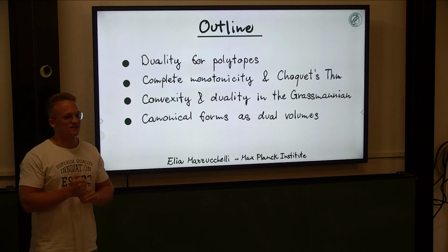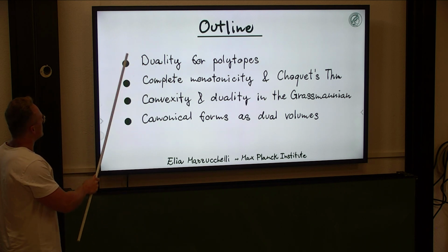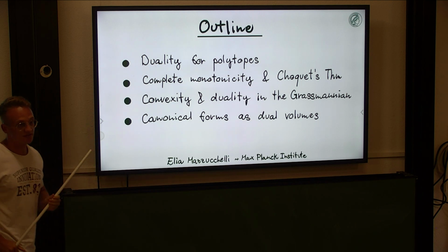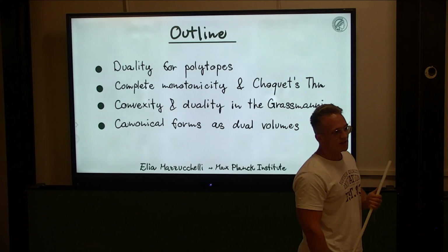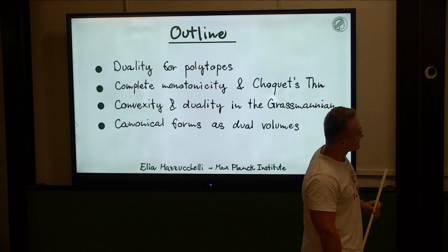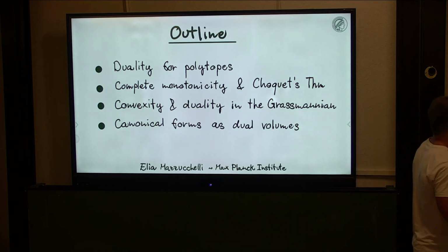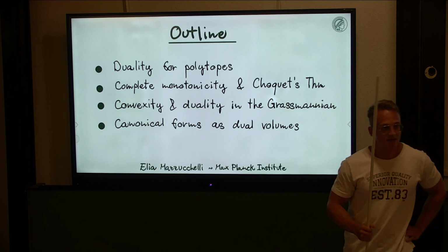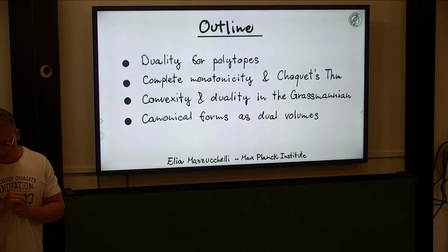I'm from the Max Planck Institute for Physics in Munich, and today I'm going to tell you a bit how we try to approach the question of what is a dual amplituhedron. So this is the outline. I'm going to mention first what we mean by duality in the context of polytopes, where you have an understanding of what this dual formalism should be. Then I'm going to make a connection to a property of functions that is called complete monotonicity, and the theorem of Choquet. And then I'm going to mention notions of convexity and duality for semi-algebraic sets in the Grassmannian. And then in the end, I'm going to mention how to interpret canonical forms of positive geometries as dual